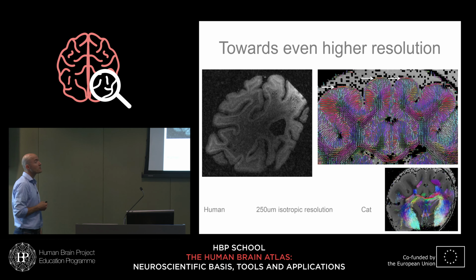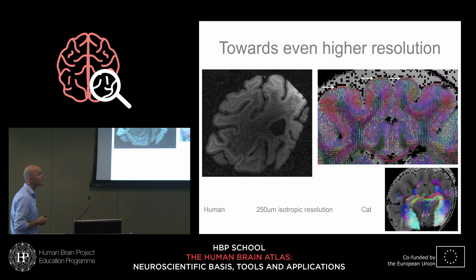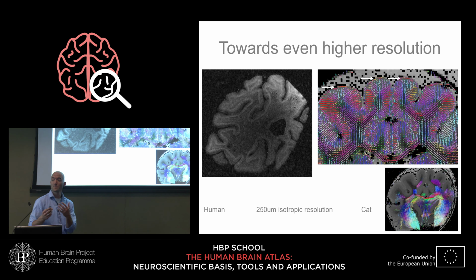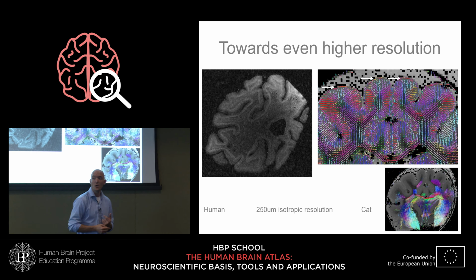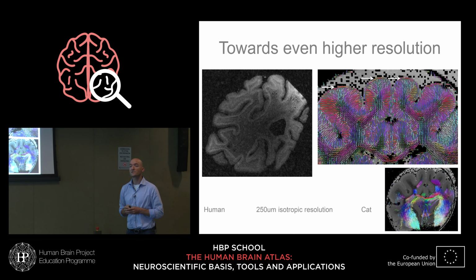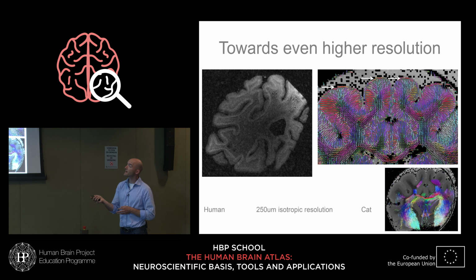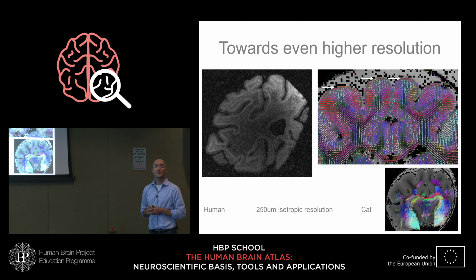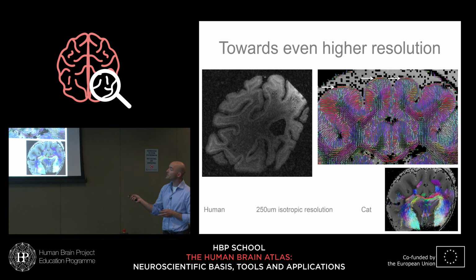The one thing on the acquisition side that we want to do there is to see if we can sacrifice a little bit of b-value, and it comes back to your question, so not quite go up to b 7000, but stick at 4 to 6000, and see if we can get down to 200 to 300 micron resolution. Here's an example of a piece of a cat brain that we did with that, where it's easier to get to 250 micron diffusion resolution, where for instance you can see, once again, large white matter tracts,